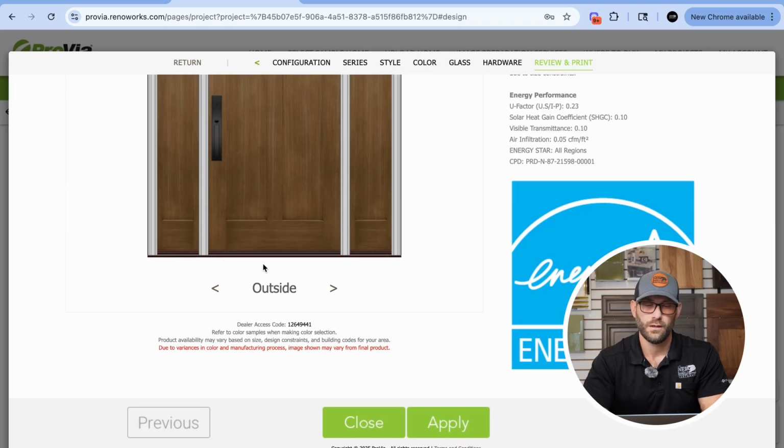By the way, when I was talking about the dealer access code that you could send in, it'll be right here below the door or the window that you build out. So once you fully build out the door or the window, you're going to see that dealer access code for each individual item. So I'm going to hit apply,